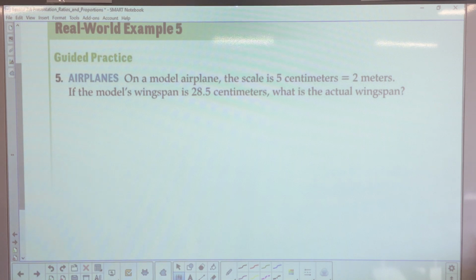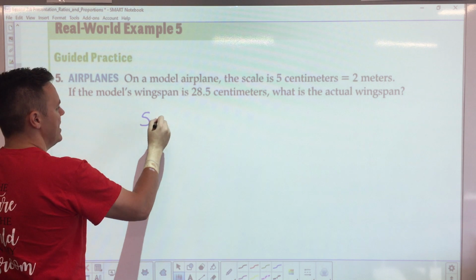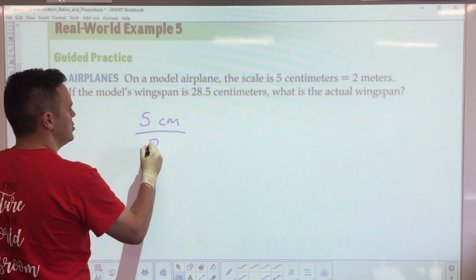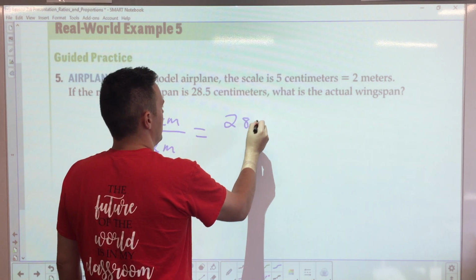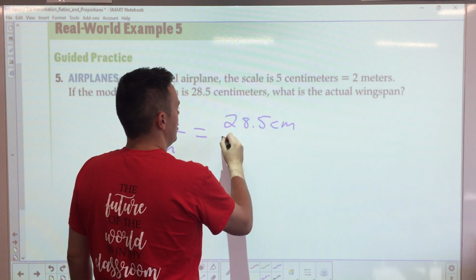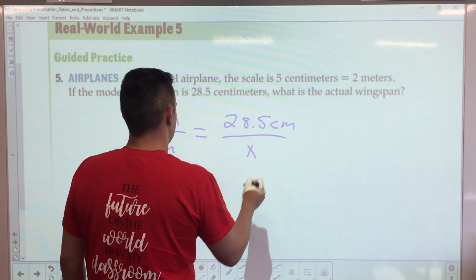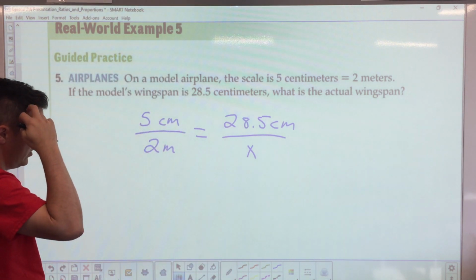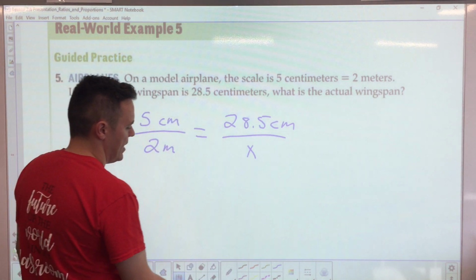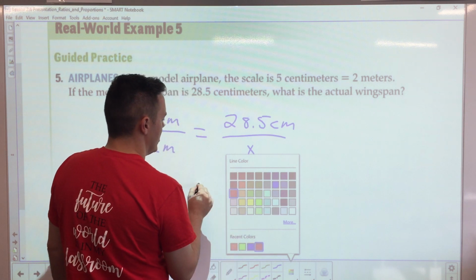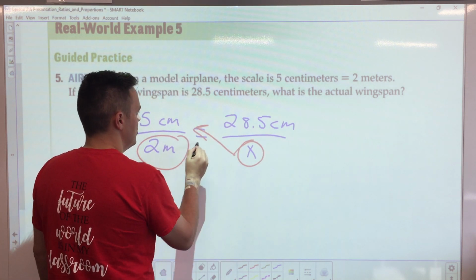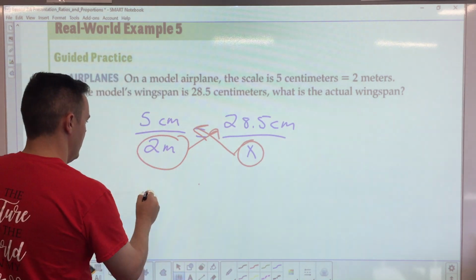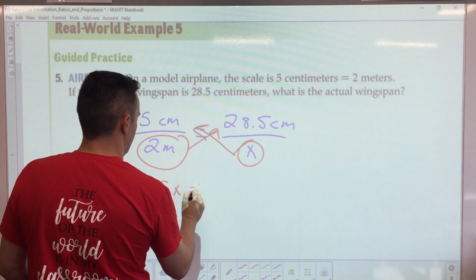All right, last example, ladies and gentlemen. 5 centimeters over 2 meters equals 28.5 centimeters over x. All right, I'm not going to put x down because that'd be creepy for you guys. So let's cross multiply it out, okay? If you do the cross multiplication on this one, this x goes up there, the 2 goes up there, okay? So you have 5x equals